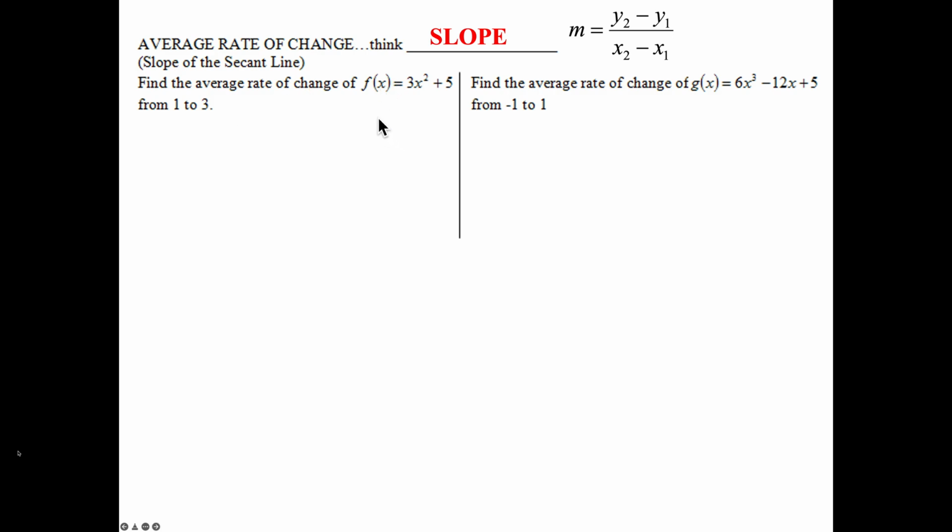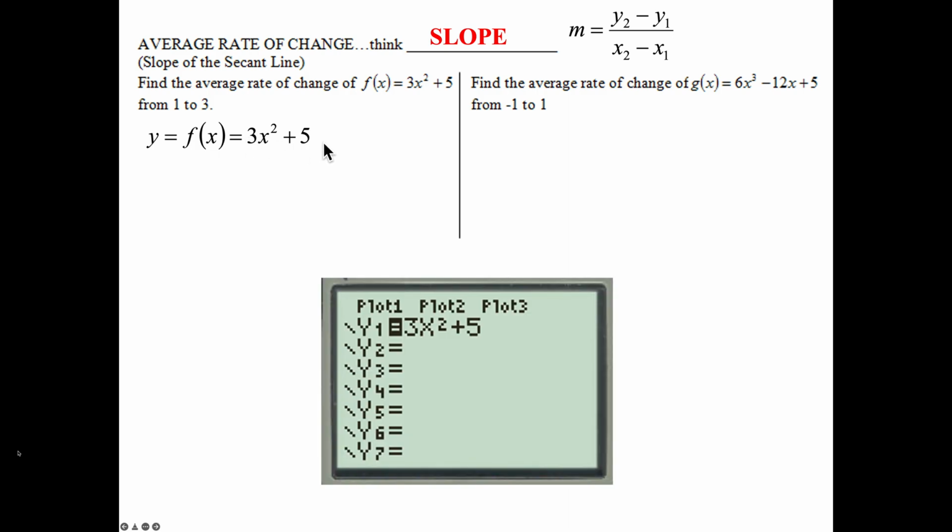So we could do this by hand. For our first problem here, f of x is equal to 3x squared plus 5. Again, remember that's y equals this. And we could do this by hand by plugging in the 1 and the 3 into the x to find the y coordinate. Probably won't take that long. But another technique, if you get to some bigger functions, is just to type the function into y1,